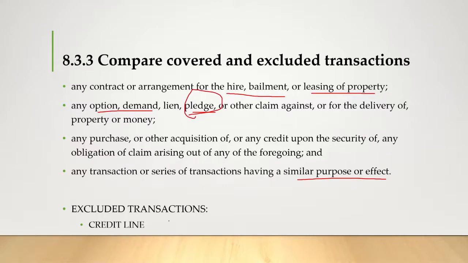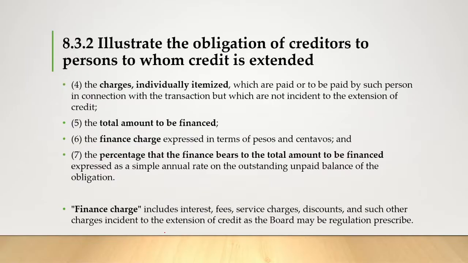So excluded transactions is a credit line. Yung credit line kasi excluded siya kasi hindi pa naman siya contract of loan. So it is preparatory to a contract of loan. So yung credit line or meron kayong credit arrangement, ano pa lang yan? Excluded transaction yan. Wala pang consummated na contract of loan. So excluded transaction yan. So we go back to, since alam na natin kung saan covered tong transaction, let's go back to the